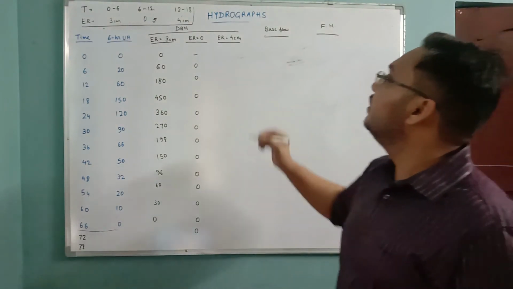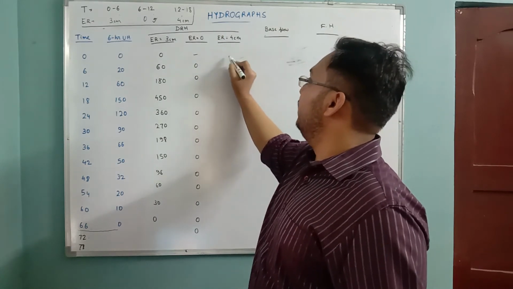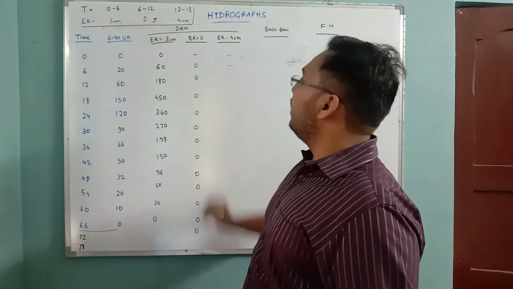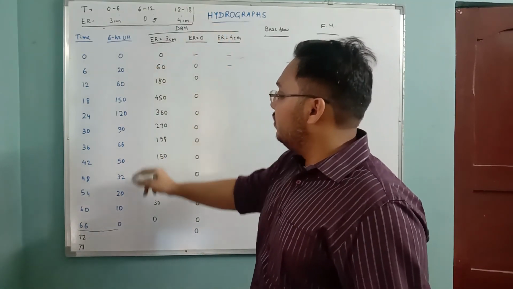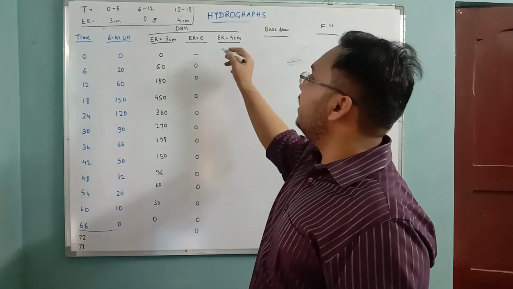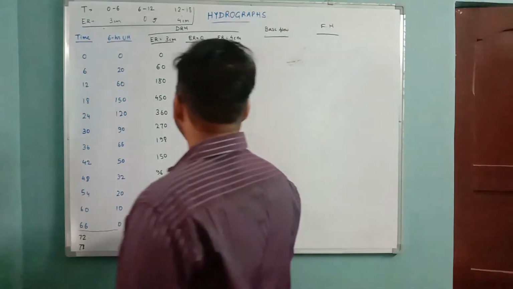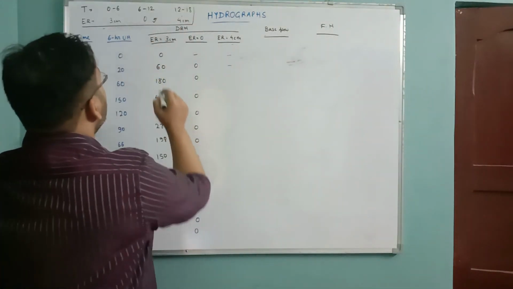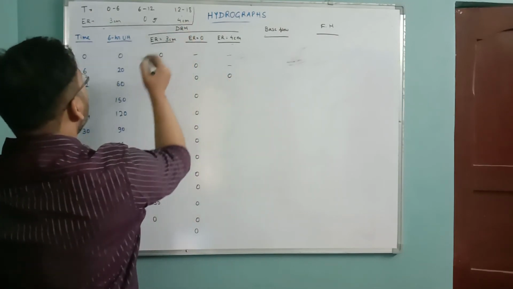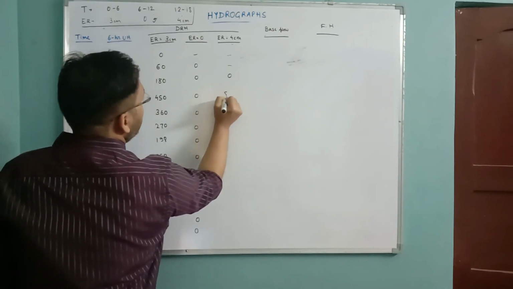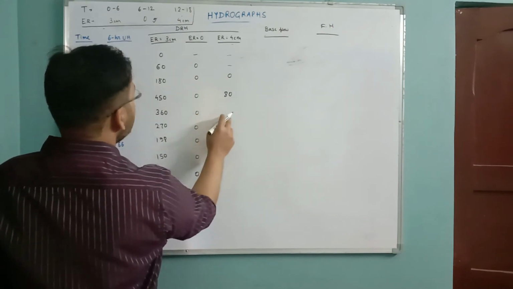In the third phase, from the 12th to the 18th hour, we have an effective rainfall of 4 centimeter. So the first two rows are going to be blank, and we are going to multiply 4 with these ordinates, and thus we will get the direct runoff hydrograph for effective rainfall of 4 centimeter. 4 into 0 is 0, 4 times 20 is 80, 4 times 60 is 240,